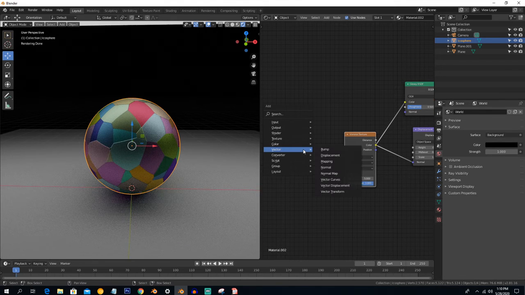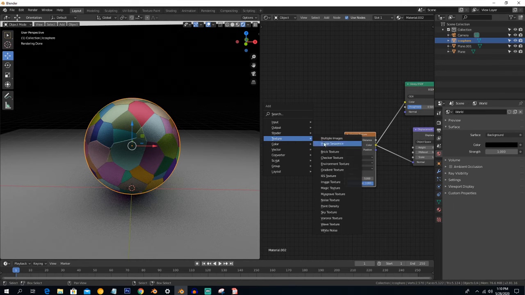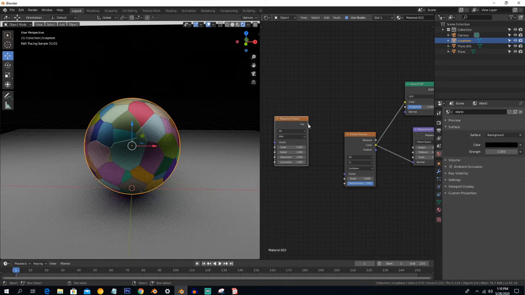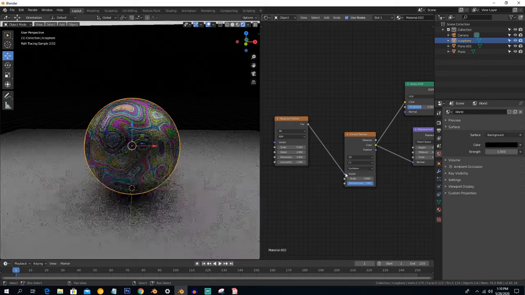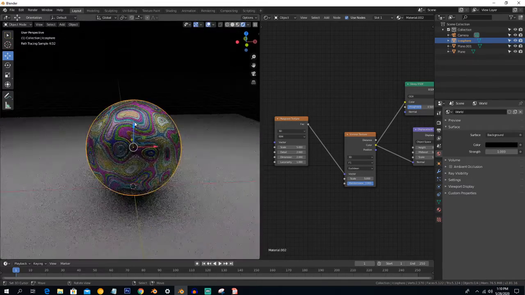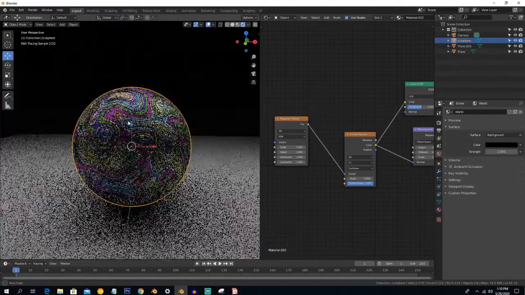Now you can create a very cool thing by going to the texture menu and using a Musgrave texture. The vector option here is used to describe how this texture is mapped onto the object. So just put the vector into the vector menu, and yeah, now you can see here these cool stuffs.